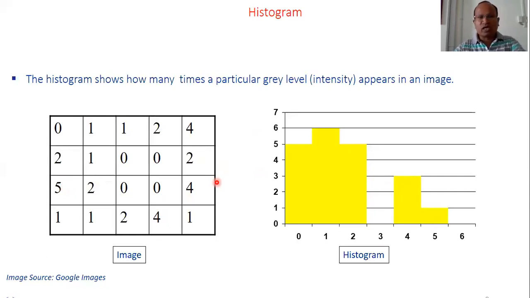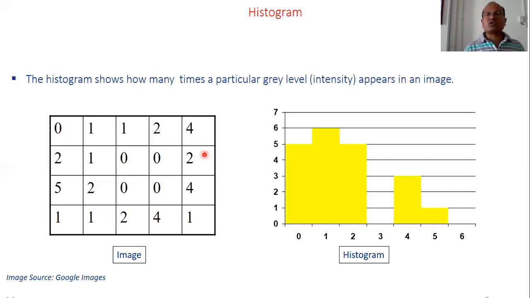How does the image look? You can understand from the histogram also which side the distribution is more. If the distribution is more towards the higher value side, it means it will be a bright image. When the distribution is more towards lower values, the image will be darker. So an understanding of the image can be made by observing the histogram.